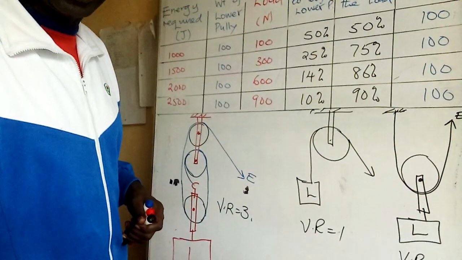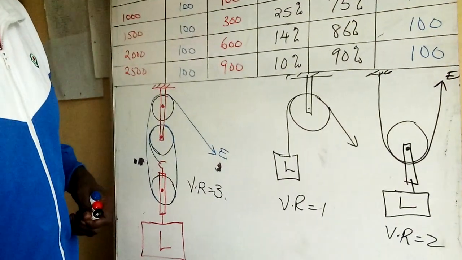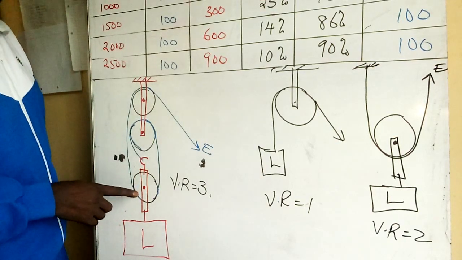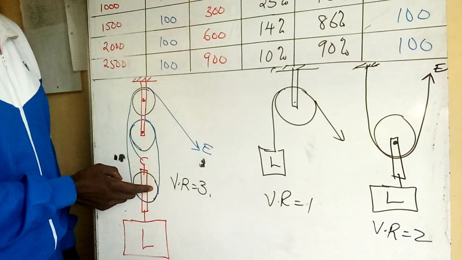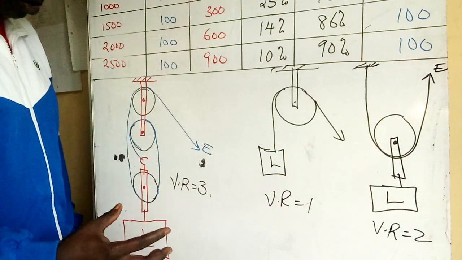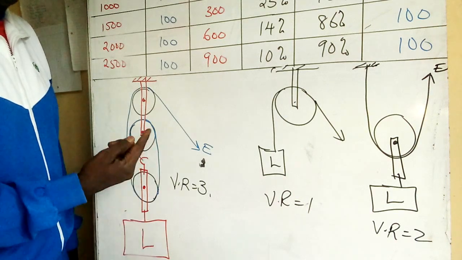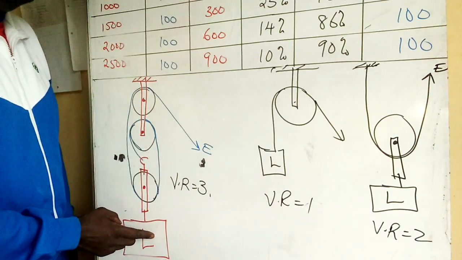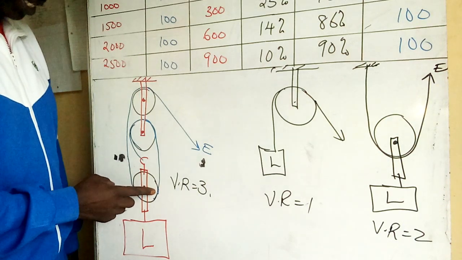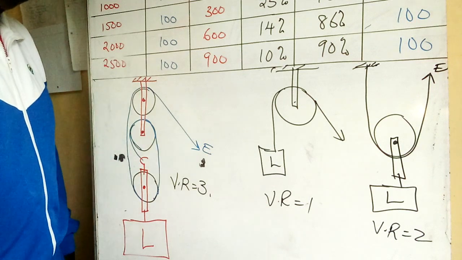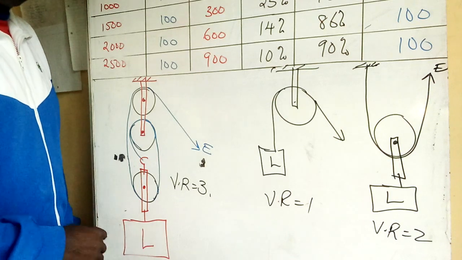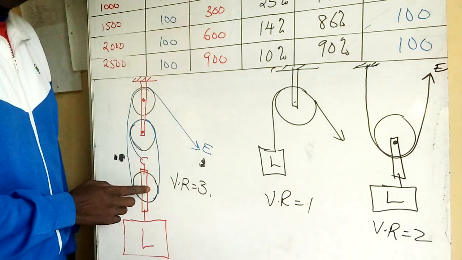Again, if we focus down here for me to explain, this will be movable. So the weight of this pulley is what I've added. Do not think it is only this load you will be lifting. As you lift this load, there is this pulley which will be moving. Then there will be friction. So ideally, do not concentrate on the load alone, but at the back of your mind you must have that the lower pulley will be moving